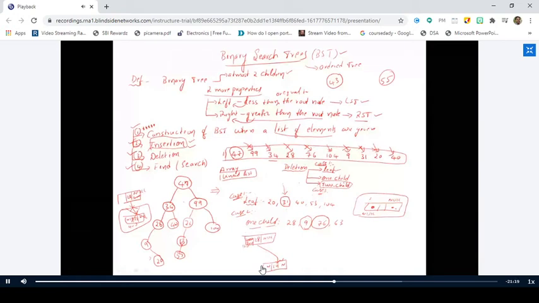But if there are 2 children, what do you have to do? You have to decide to which person you have to give the kingdom, right? In such a case, you have to select the best person for that particular purpose. So that is the case with these 2 children. If I want to delete a node with 2 children, I have to decide which node has to replace it.